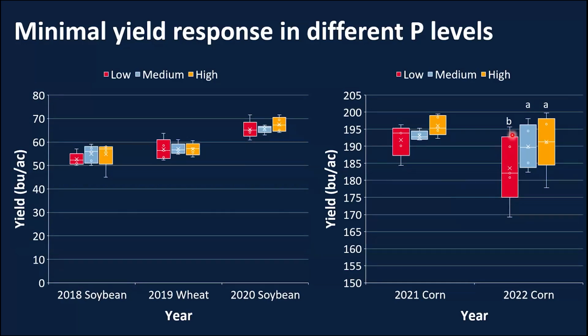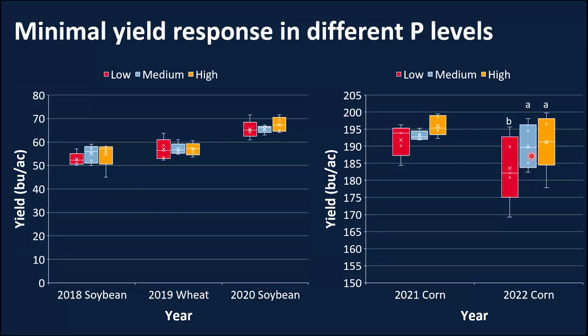In 2022, we saw a little bit more variability starting to show up, with about 5 bushels less for the low treatment. If we were to add phosphorus fertilizer to make up this little bit of yield, we'd economically be losing money in this year. So across the last 5 years, we've seen no difference in the soybean and wheat crops, and very little to no difference in the corn crops as well,